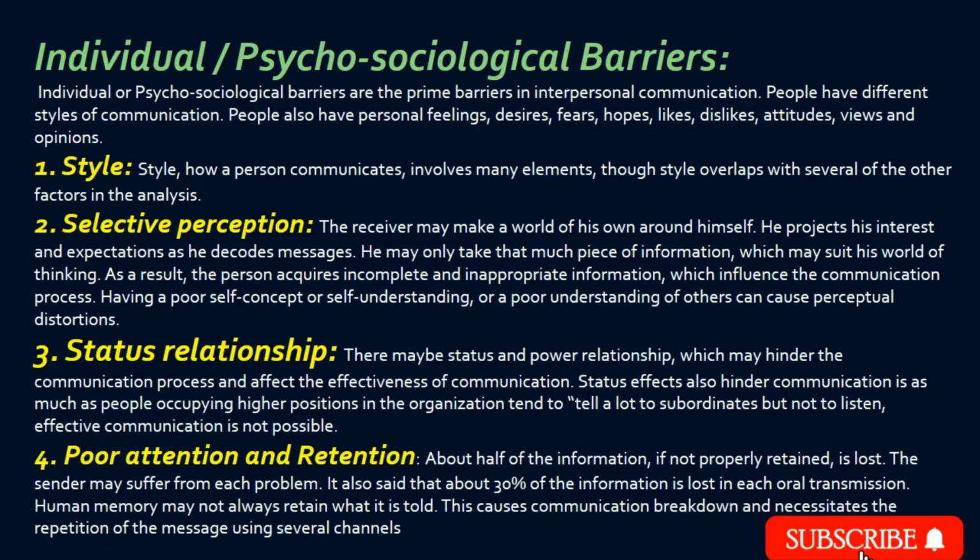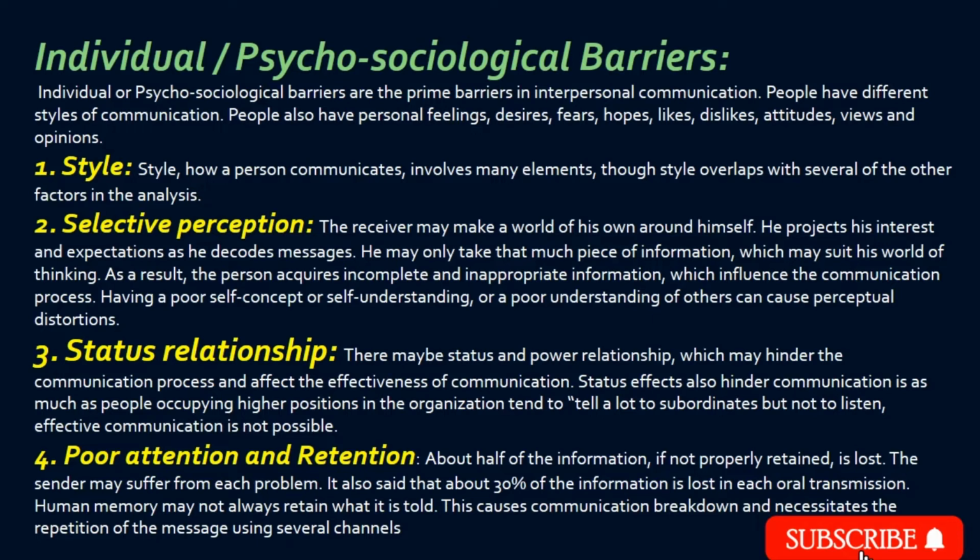See, sometimes we may misunderstand others. We have to be very good at understanding, then only we can receive the message in a positive way. Whatever may be the message, first we have to understand it in a proper way. So, having a poor self-concept. See, if a person is always negative, he understands in a negative way only. So, this is what this point shows, the selective perception.